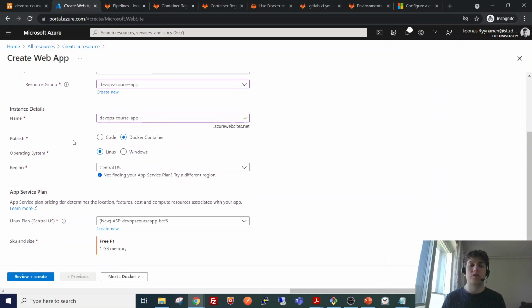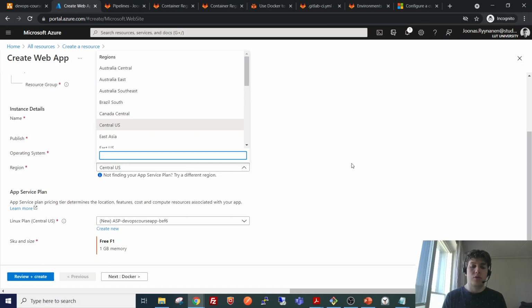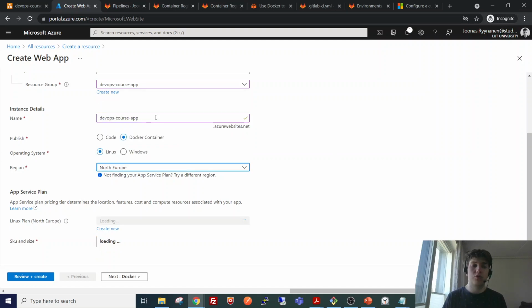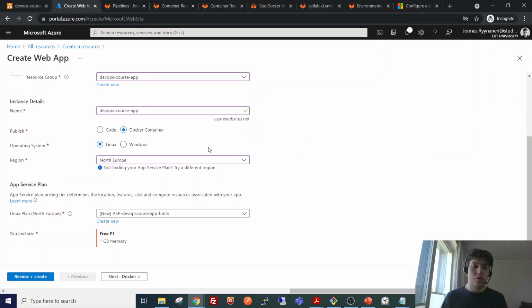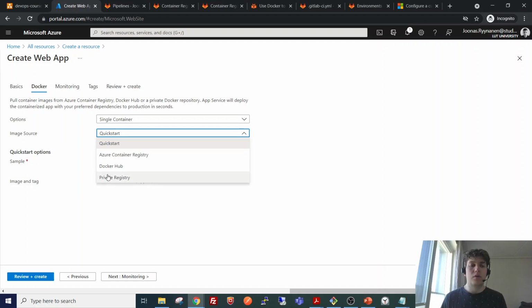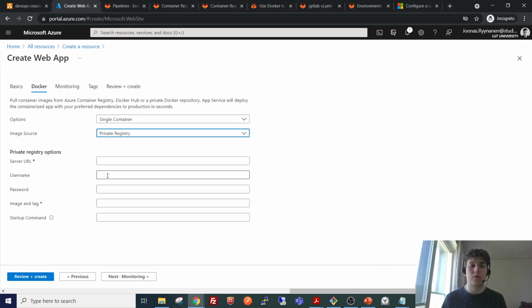Now when we specify this Docker container option, we will in the next stage be able to configure the container options here. So we will use a single container and use a private registry, since the GitLab registry isn't specially mentioned here.